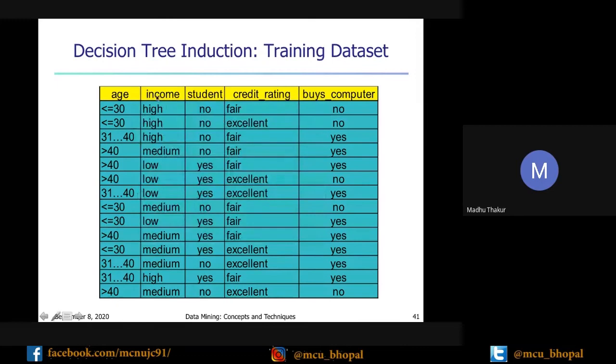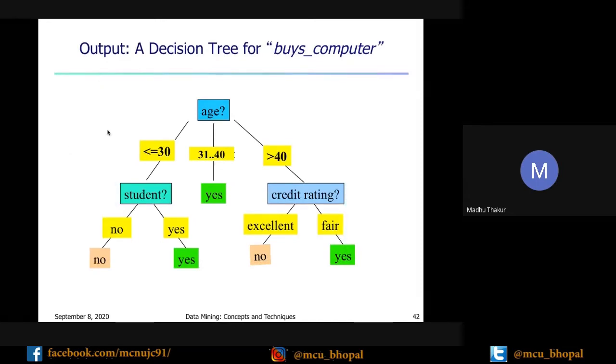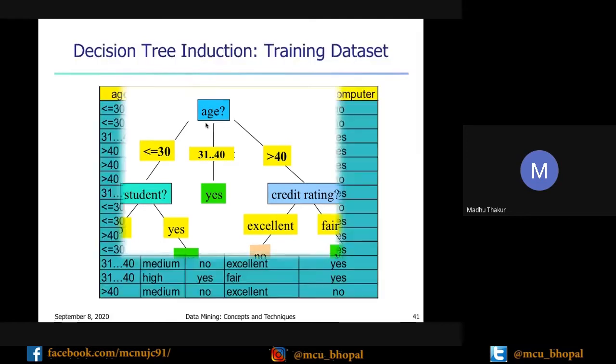Based on the splitting point method, we find the splitting point. Whichever attribute is best, giving the highest gain value, comes first on top as the root node.